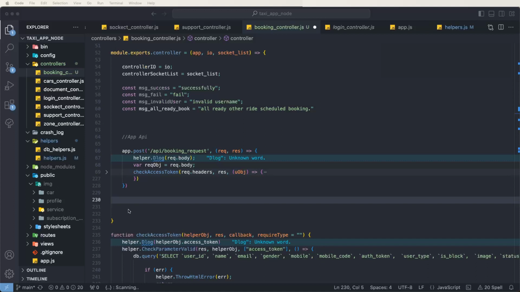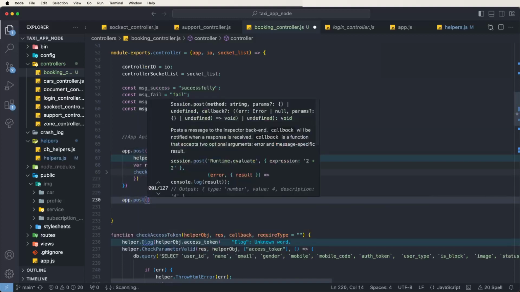We need to get this to the drivers' apps through sockets, open a pop-up, and set a timer for a specific time. If the driver presses the accept button within this time, then we call this creating API. First of all, we need to define app.post, and we need to write down here